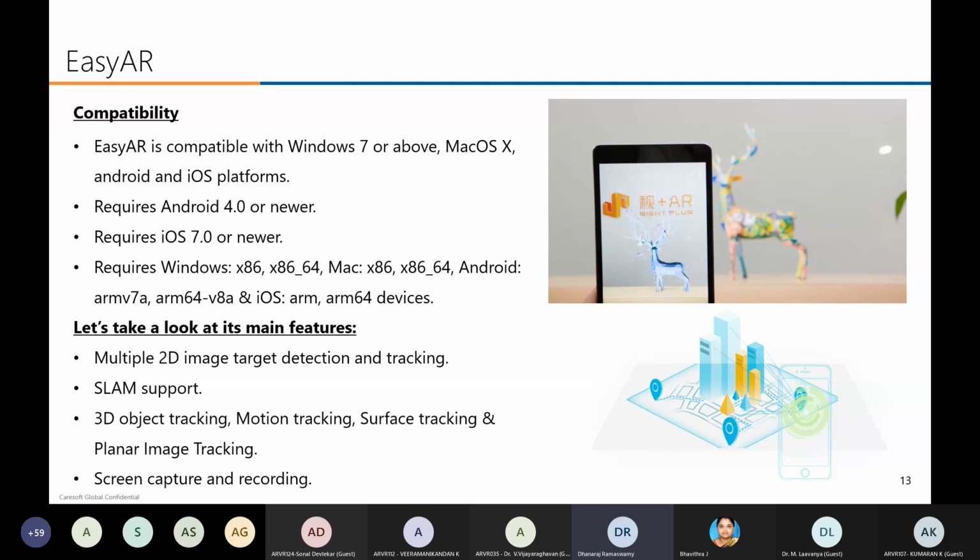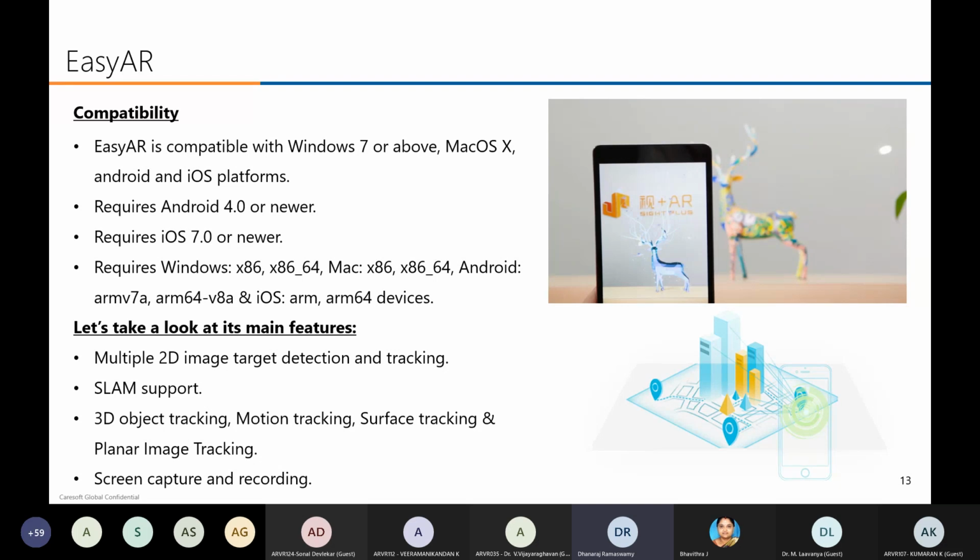Easy AR compatibility. Easy AR is compatible with Windows 7 or above, Mac OS X, Android and iOS platforms. Vuforia won't support Windows and Mac OS. Yesterday what we have seen is the Vuforia demo. We have seen Vuforia supports Android and iOS.